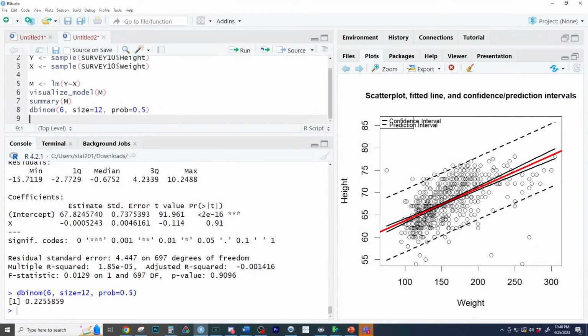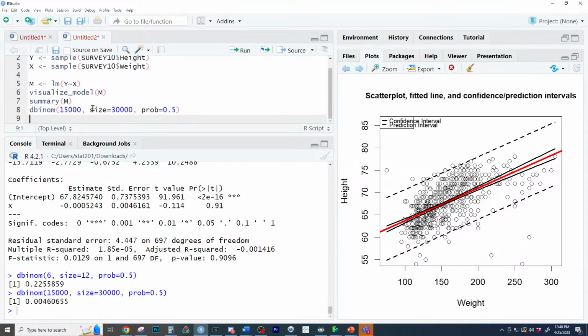But now we want to go to a much larger number. So we have to go over here and go to size, 30,000 students, and seeing exactly half, which is that. And the probability, no way, really? Huh. What is the most likely result? Well, it's not as unlikely as we thought, Jesse. The probability is about 1 in 220 or so. It's about 1 in 220.